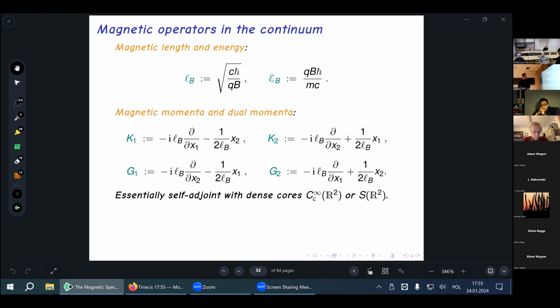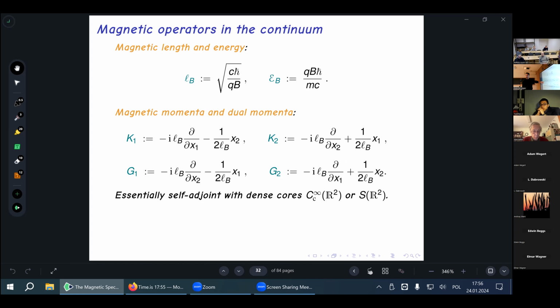I'm using this scaling, and it's not trivial, because in this moment I'm in physical units. X1, X2 are positions, then they have the dimension of length. I'm dividing this by length. Then in some sense my operators K1, K2, G1, G2 are dimensionless. Now, when we start doing mathematics we can forget about the dimensions,